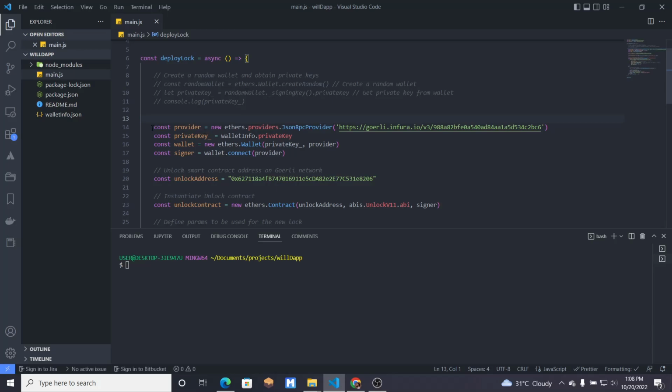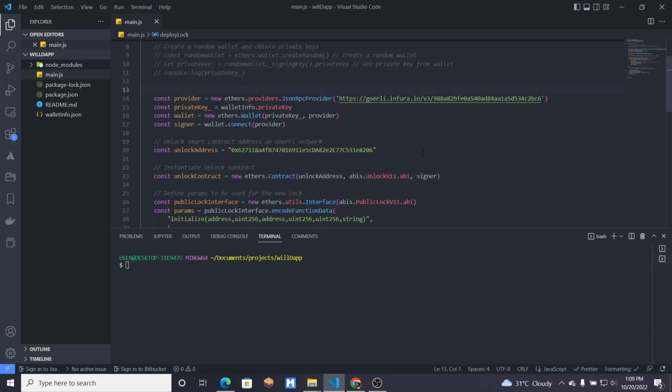Here we define the provider like this: new ethers.providers.JsonRpcProvider, and we pass in the endpoint we get from our Infura account, and we bring in the private keys from this wallet.info.json, and we use that to create a wallet. So we do it like this, and we pass in the private key and the provider, and we use that wallet to create a signer which is going to authenticate the transaction,